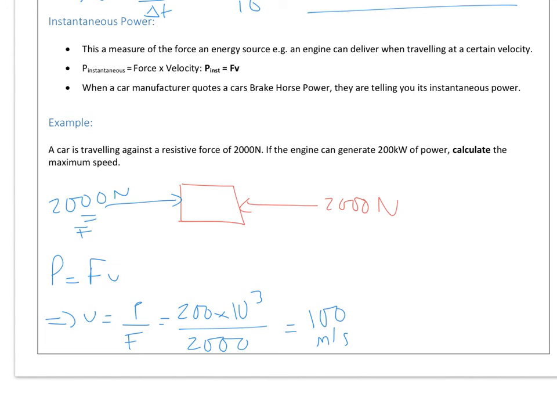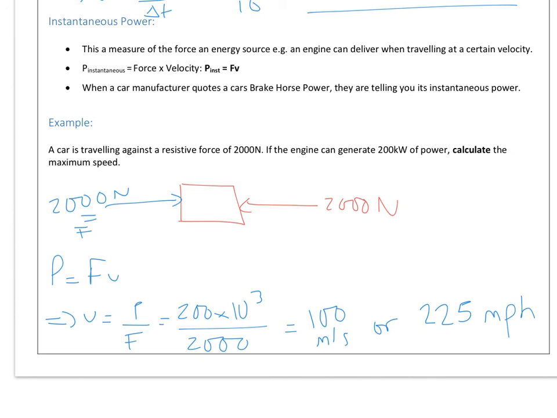So let's calculate that in miles per hour, something you might be more familiar with. So 100 meters per second. First let's convert it to meters per hour. So times by 60 to meters per minute, times by 60 again. So that's meters per hour. And there's approximately 1,600 meters in a mile. So divide by 1,600 gives you 225 miles per hour, which is probably a more familiar car unit of speed that you come across,